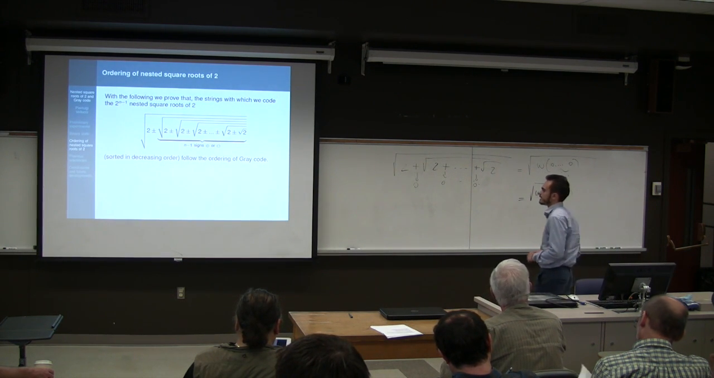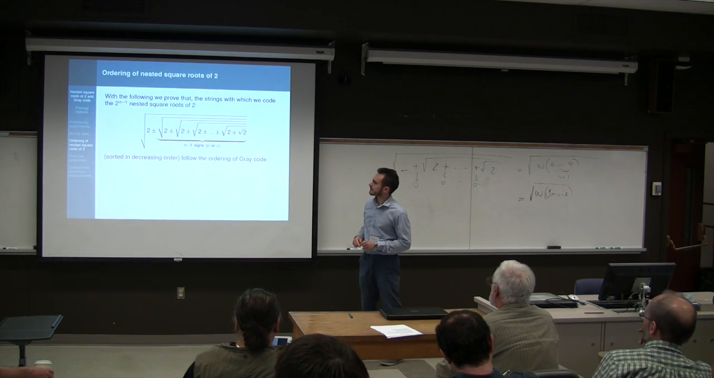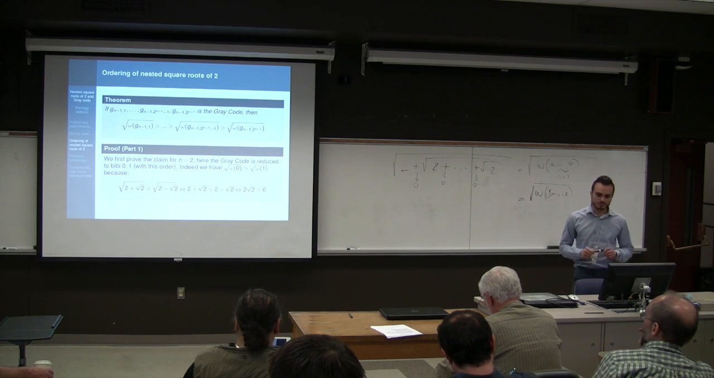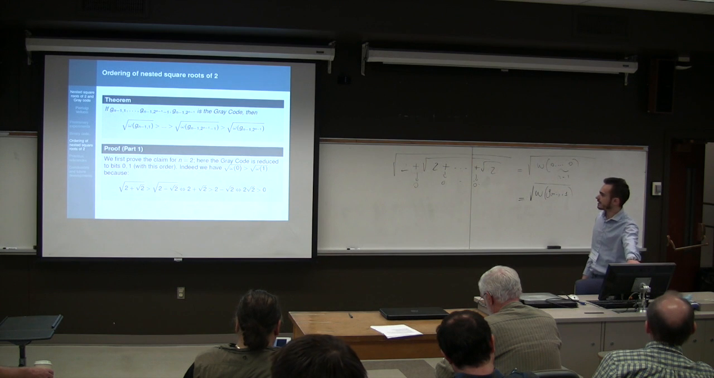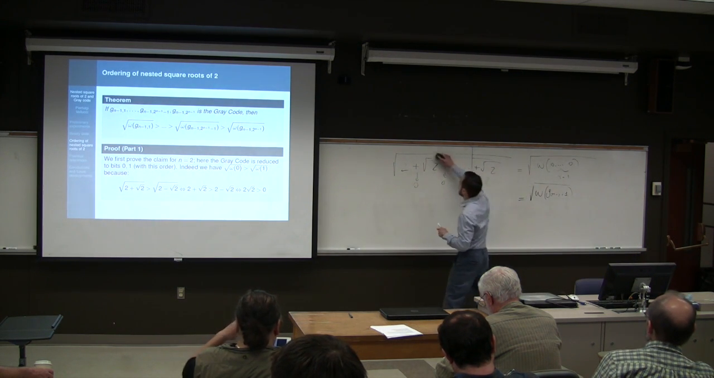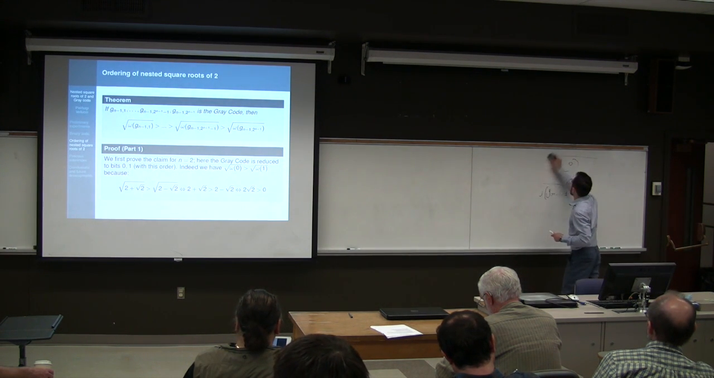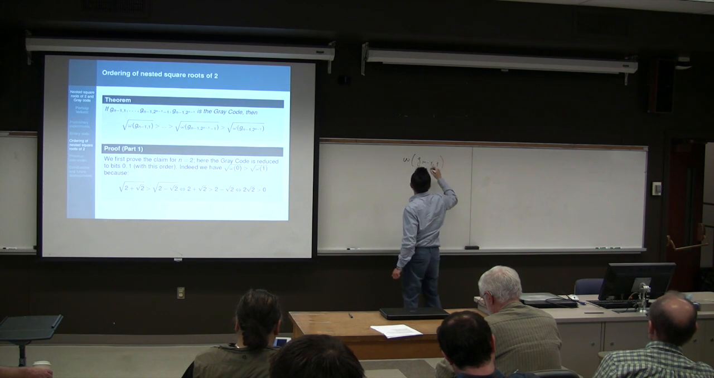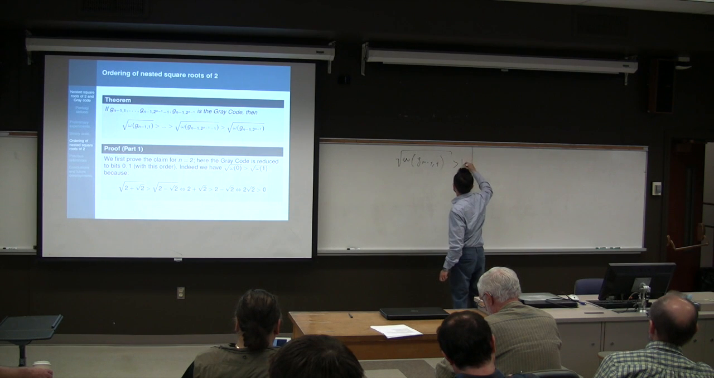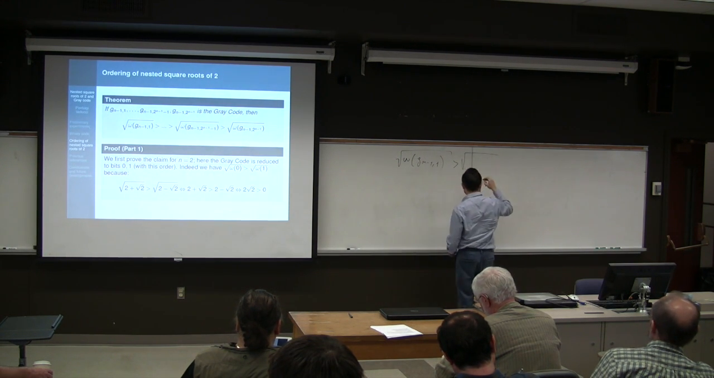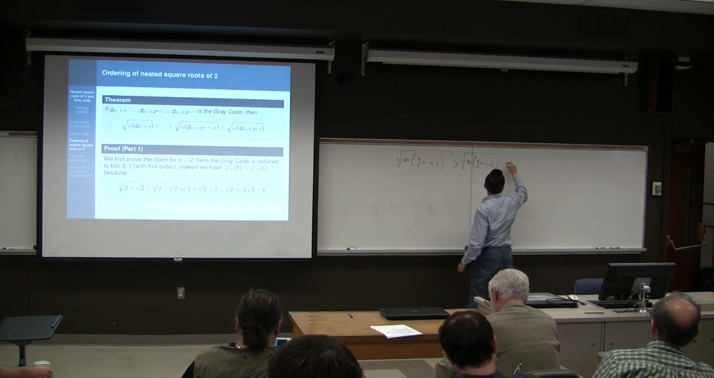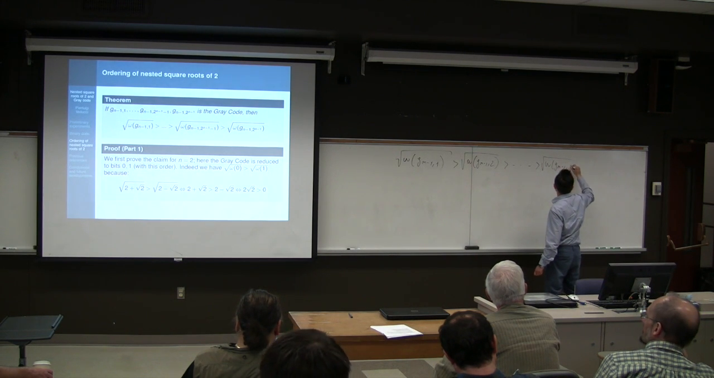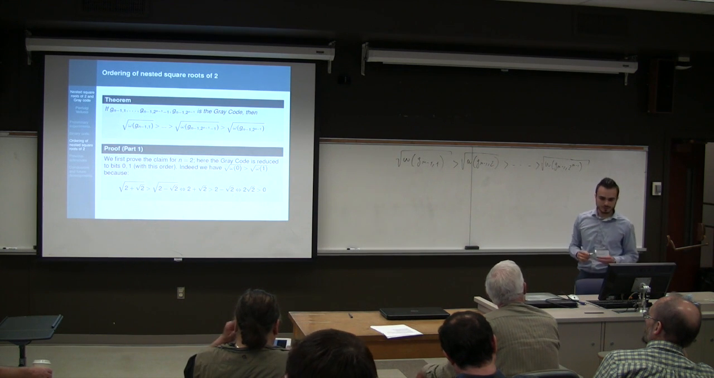Well, with the following, we prove that the strings which we code with 0 and 1 follow the ordering of Gray code. We show a sketch of proof. The theorem says that the ordering is the following. That is the statement of the theorem. The proof is